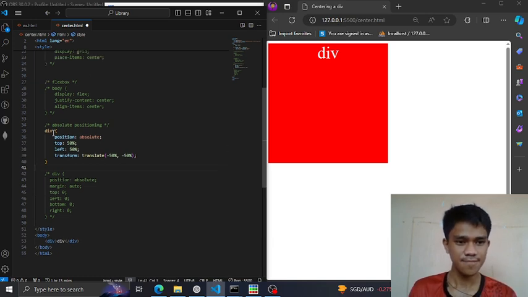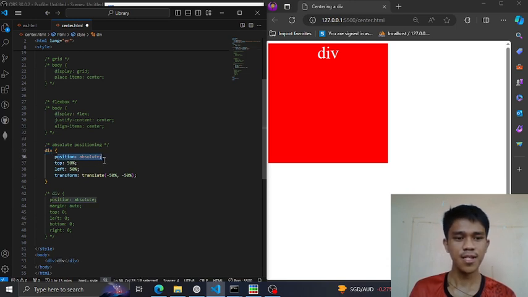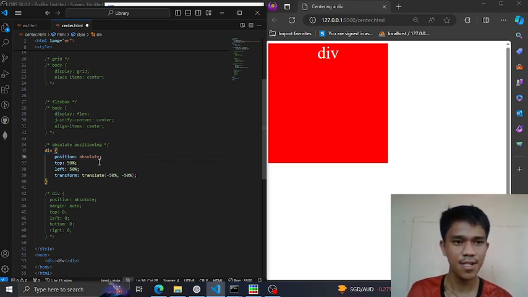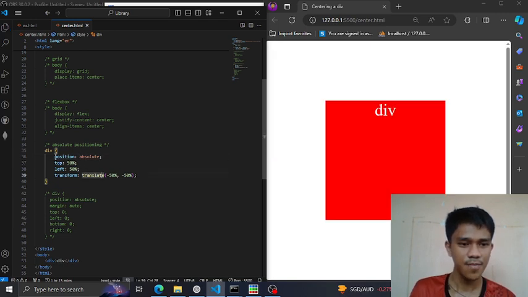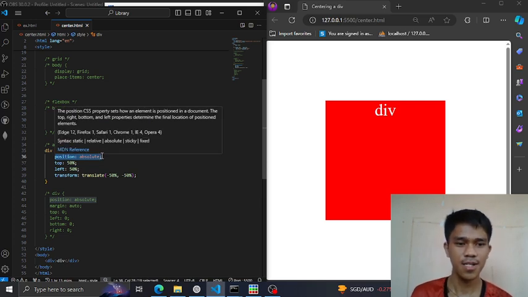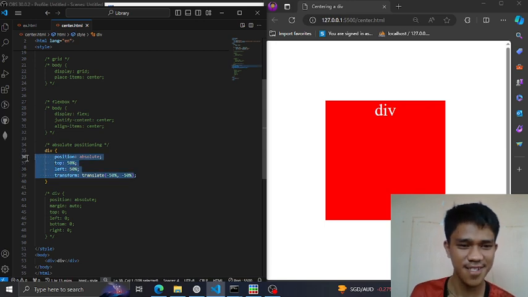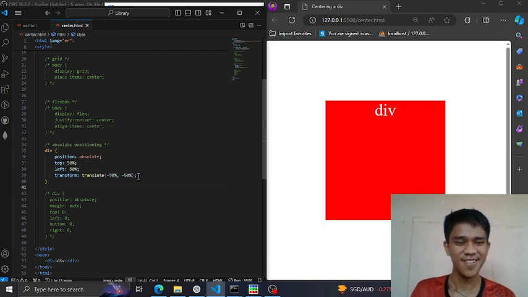Then right here, for the child, the div, set the position to absolute. If you save, what happens is this position absolute doesn't care about the other elements, and it just moves out to the document itself. And right here, the top and the left position are 50%. I don't really understand this, but just copy the code. Okay,